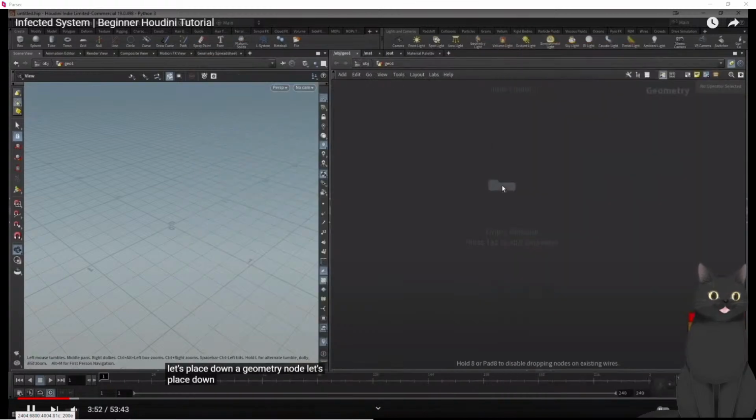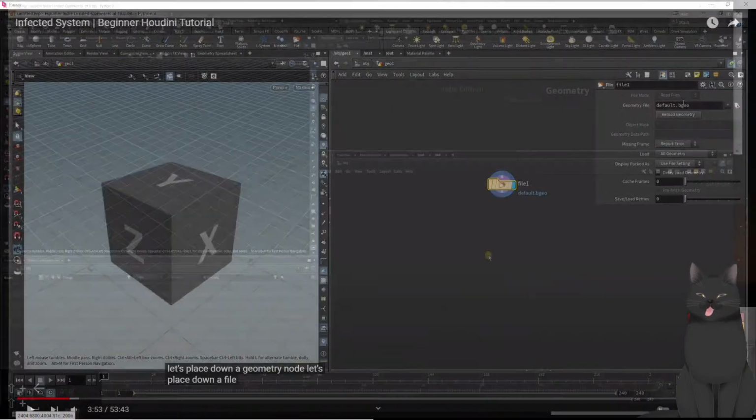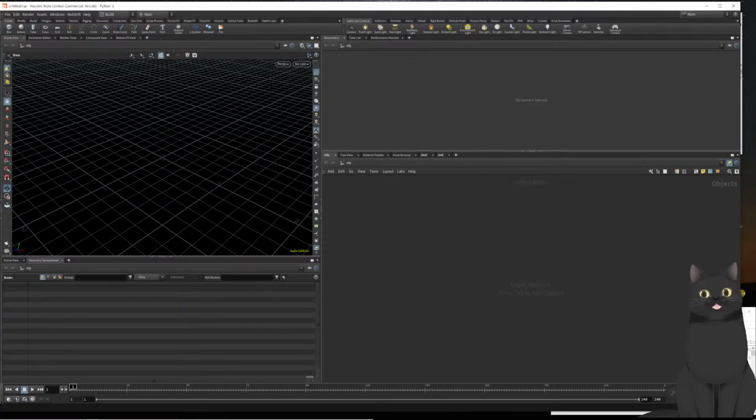Geometry node. Let's place down a file. じゃあ、フーディニに切り替えていきます。今回は、バージョン19でやっていきます。